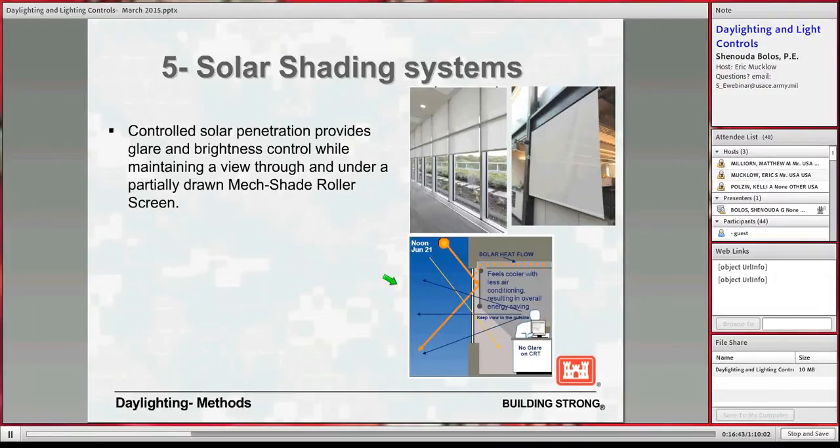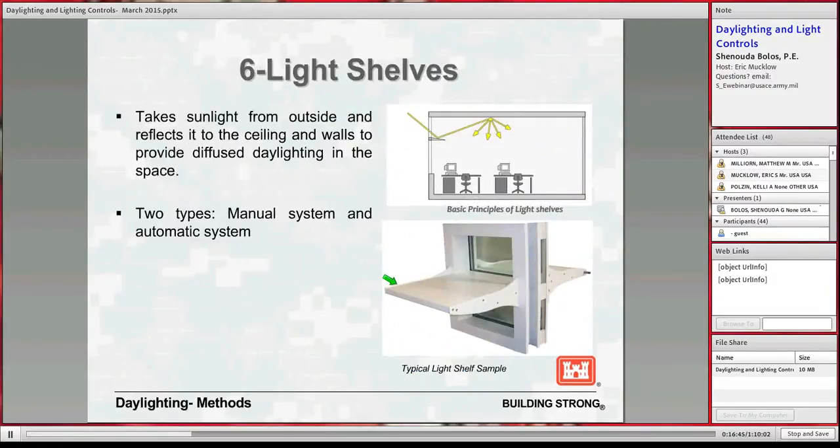Next method is light shelves. It basically takes the daylighting coming over here and reflects it onto the ceiling, as you see, the daylight coming here and reflecting on the ceiling. And there are two types of light shelves: manual system and automatic system. The next one,